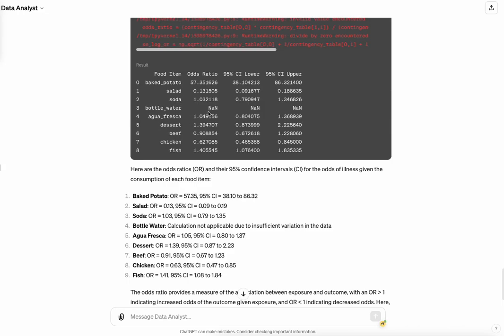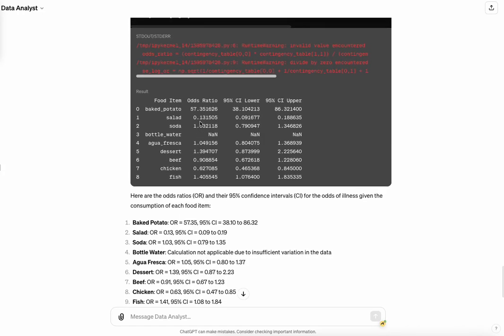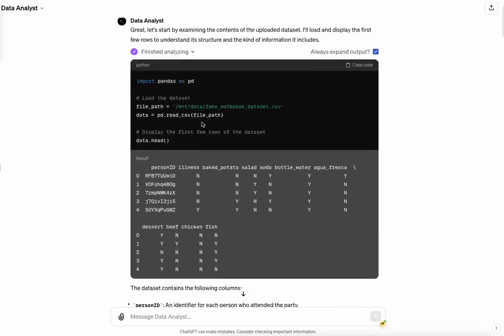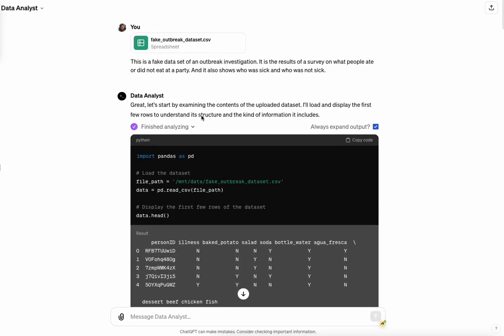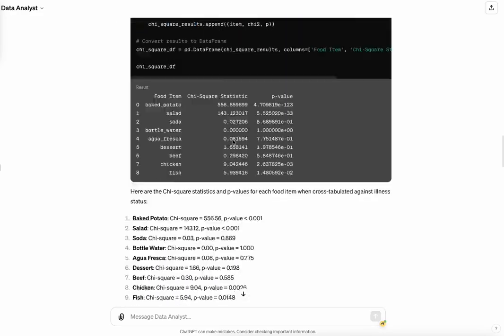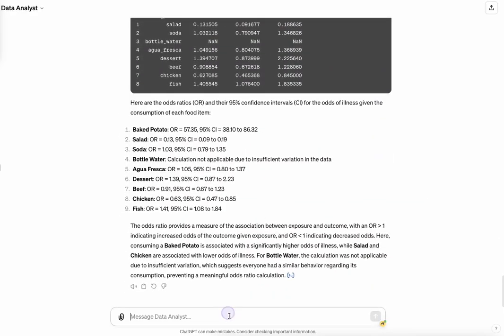There are a couple of other things that I could have done with the data as well. I could have generated, if I had the onset dates, which I don't. If you go back, I don't have onset dates on here. I'm going to add onset dates so I can create an epidemic curve, and then that's another tool that we can use. So here, what is an epidemic curve,